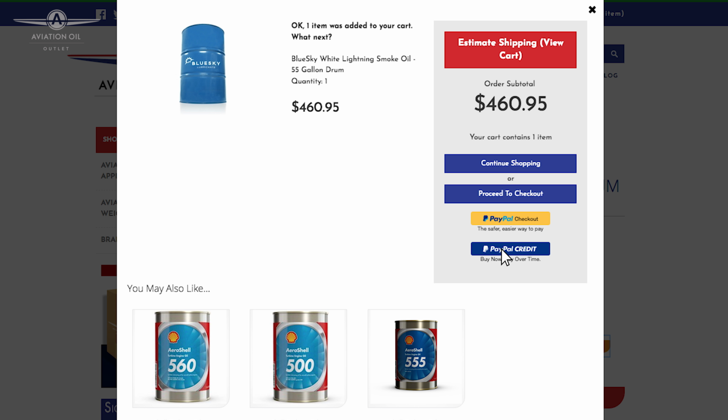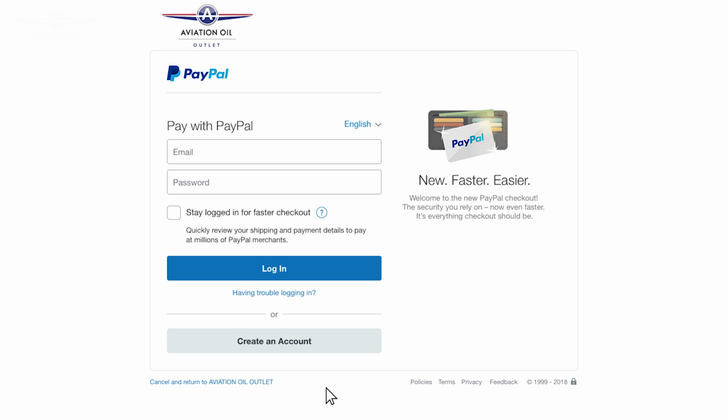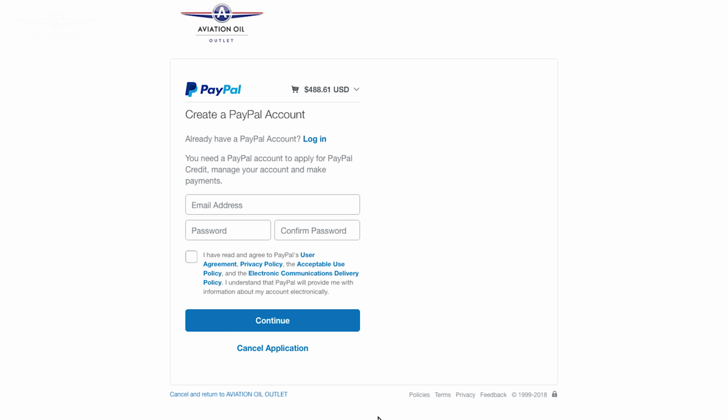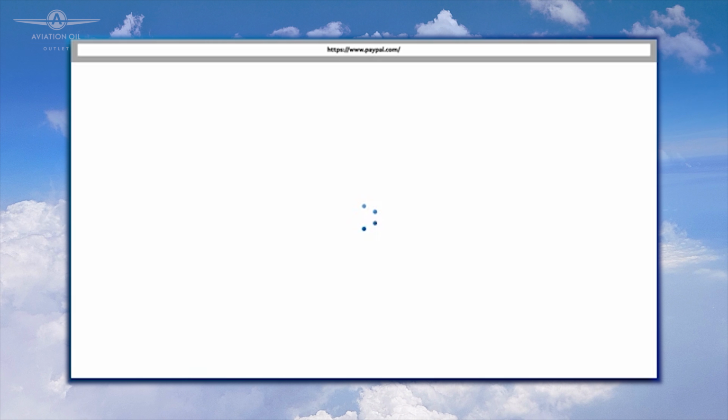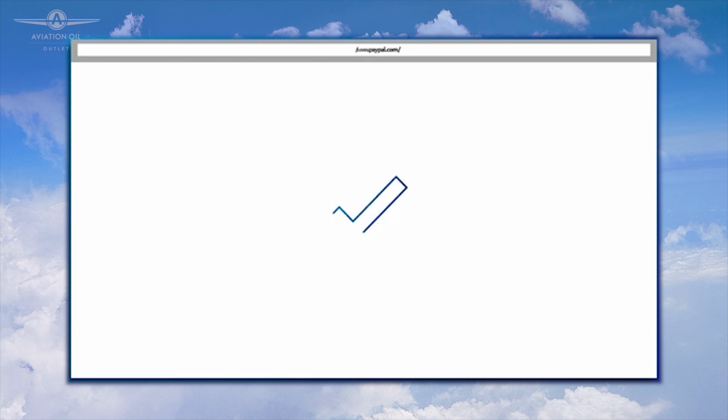If you aren't already signed into your PayPal account, you will get a pop-up prompting you to sign in. If you don't already have an account, select the Create Account option to quickly sign up for one. Finally, you're going to hit Continue to apply for credit approval. Upon approval, your order will be placed and on its way. Currently, PayPal Credit is only available to